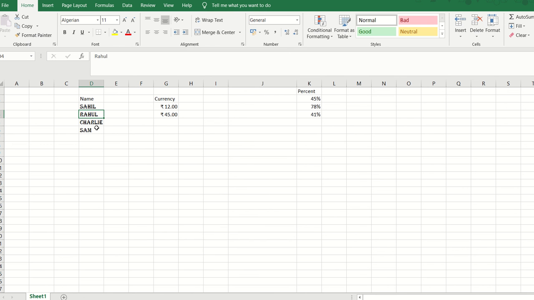Wherever you want to copy paste the exact theme, you can select the format painter, but please be very careful with using it, keeping in mind that it should not copy paste the same name. Whatever you have applied to one specific cell, it is copying that and replicating it to the subsequent cells which are available altogether.